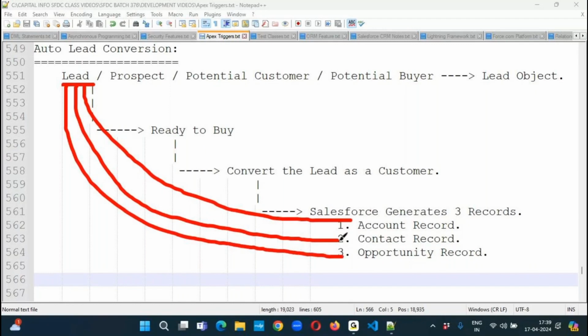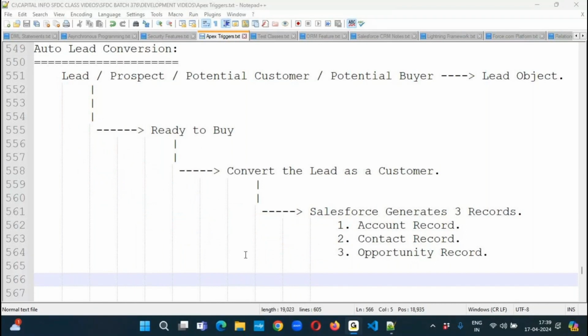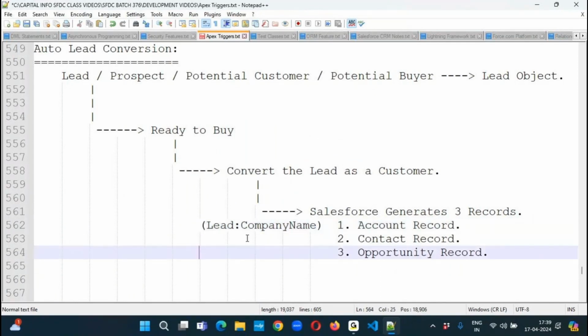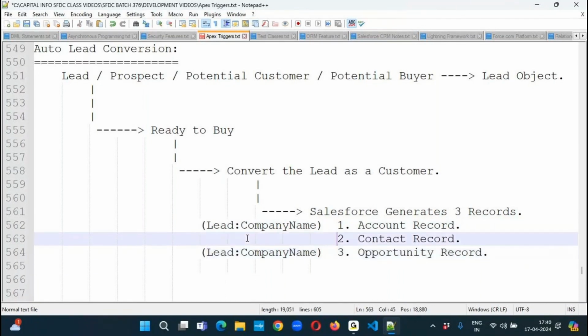Whatever lead record data we have, this data will be copied into the account, the contact, and the opportunity. In this case, with the lead record's company name, it creates an account record. With the lead company name, it creates an opportunity record. Whatever lead first name and last name we have, with those details